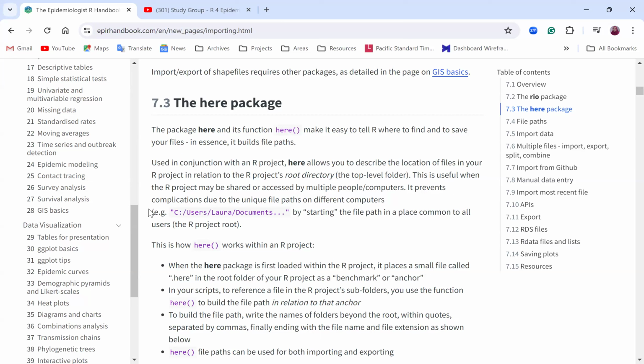This is useful when the R project may be shared or accessed by multiple people or computers. We're talking about relative paths to your R project. This is different from when you just create an R script, dump it in your documents folder, and have the file data somewhere different, with everything scattered all around. No, we're talking about an organized R project that you created using RStudio. So that path,